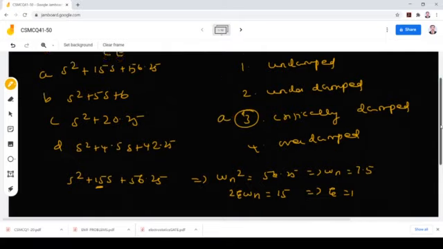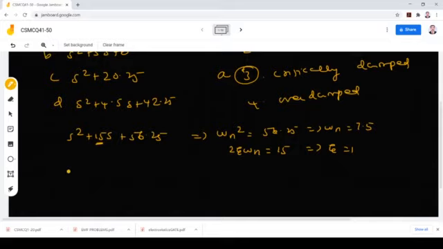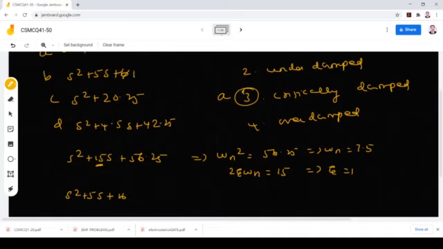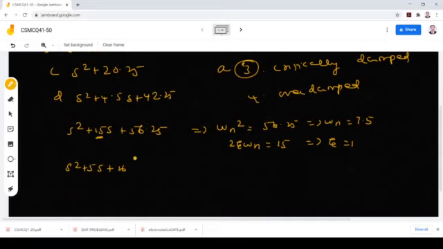Second one, S squared plus 5S plus 6. S squared plus 5S plus 16, right? Not 6 as per the problem. It is 16. Okay. So what does it indicate? This indicates omega n is equal to root 16. 2 zeta omega n is equal to 5. Substitute the omega n value here. This will give zeta is equal to